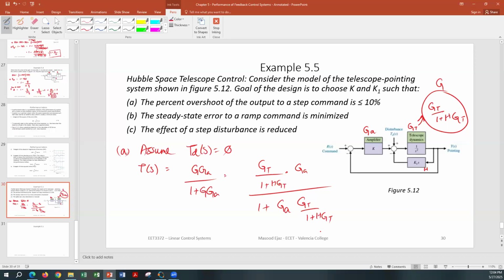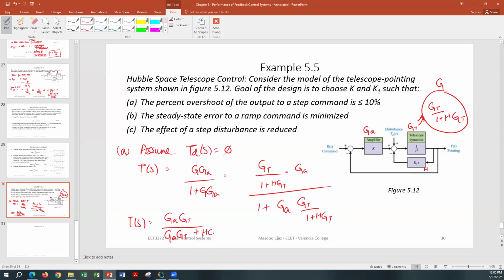Simplify it so that it can be cancelled out. So the transfer function in simplified form we can write as 1 plus HGT, and then this is going to go here, 1 plus HGT, so that's going to be cancelled out. You're going to be left with GA times GT over GA times GT plus